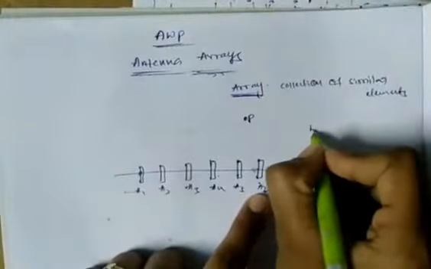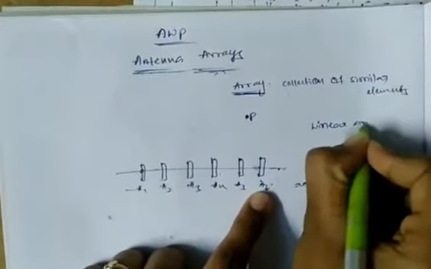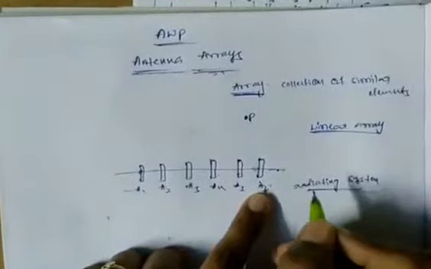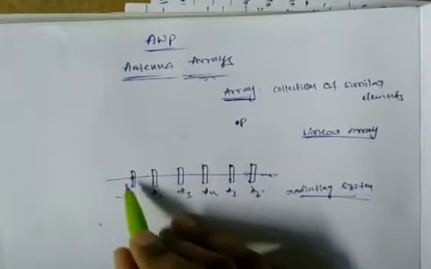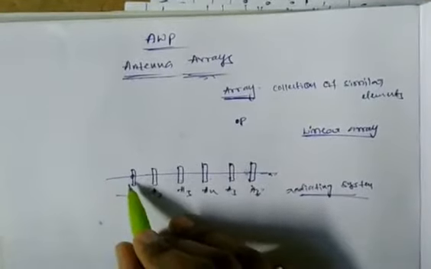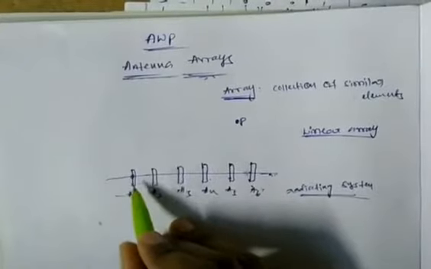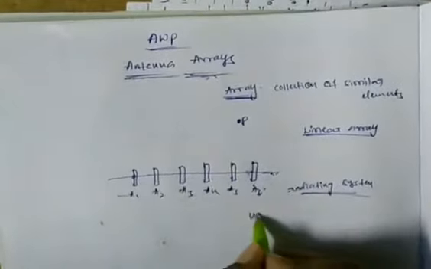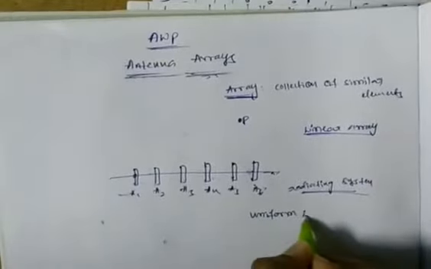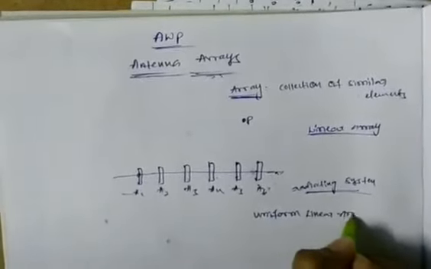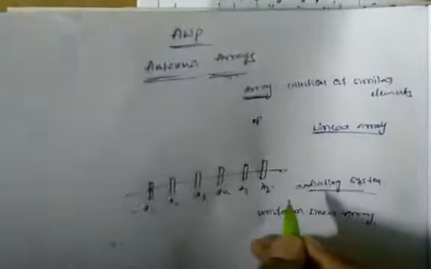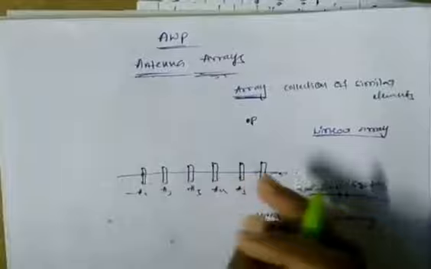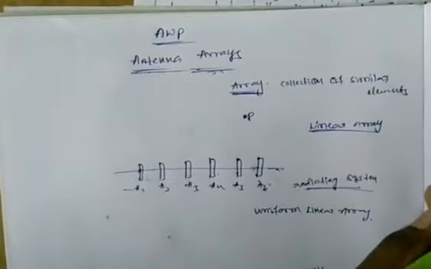So that's why this antenna array is also called a linear array. In this antenna array, all the antennas are fed with currents of equal magnitude and progressive uniform phase shift. That's why this antenna array is also known as a uniform linear array. Now, the array configurations: we have antenna arrays in different configurations like a straight line, a circle, a rectangle. Many configurations of antenna arrays are possible.